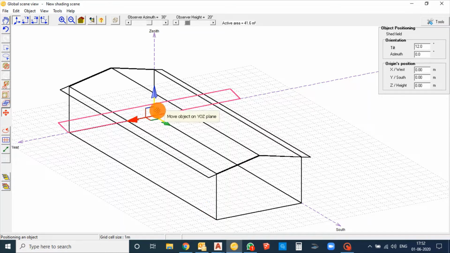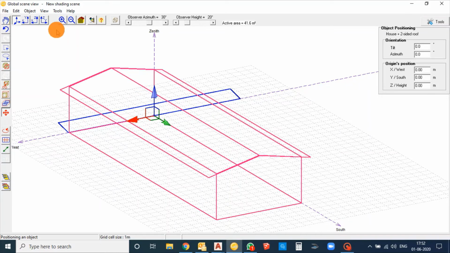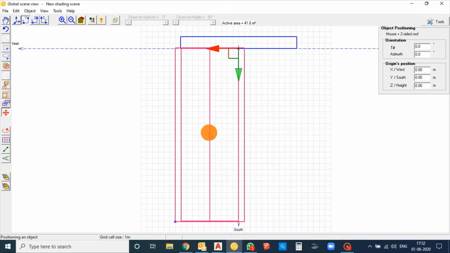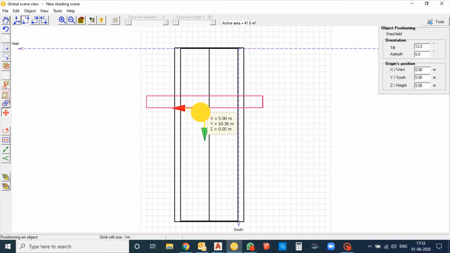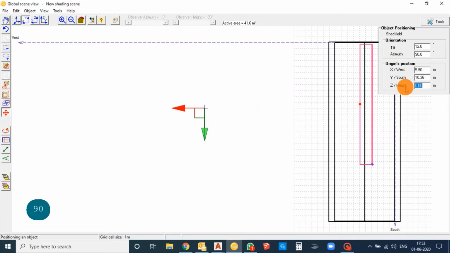Now we want to place the PV shed area on this roof. So you can just see, with the top view, the PV area is different from the roof area, right? So just select the PV shed and place it. You can change the azimuth of this, and the height I have given for the building is 5 meters, you can have 6 for the PV shed.